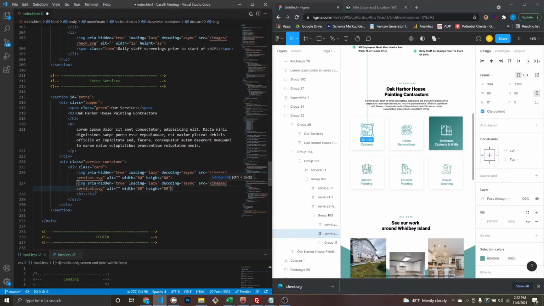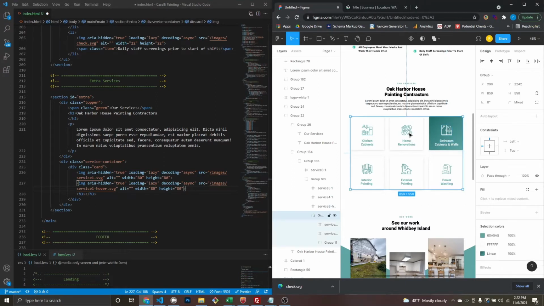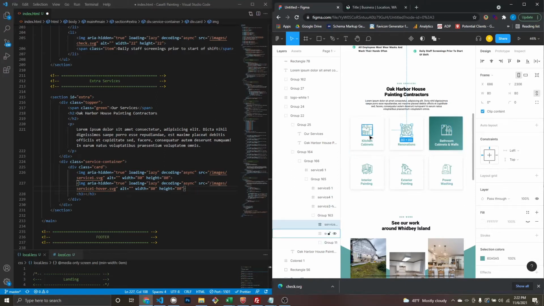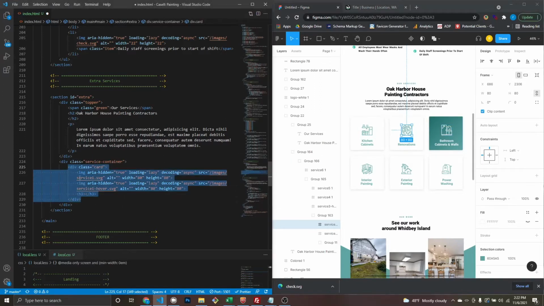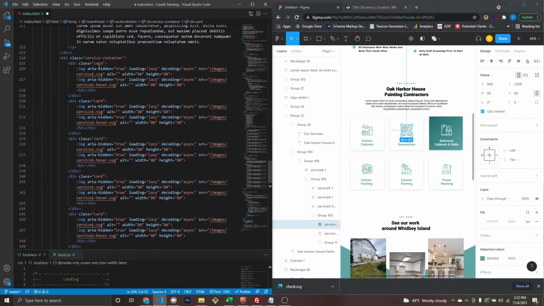So service one, and then service one hover. I already saved these. I used Flaticon to download and edit them. So I already saved them as service one and service one hover. And so now that we have this group, we're gonna do this 6 times. 2, 3, 4, 5, and 6. And let's just change these to 2 and 2,